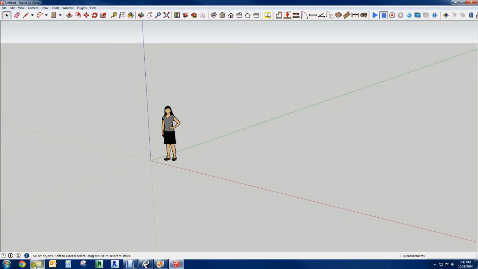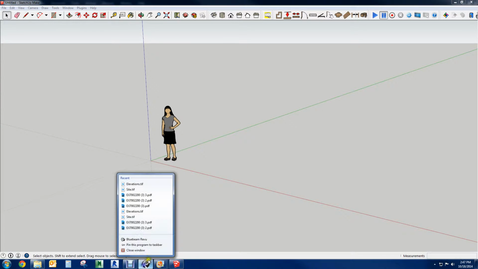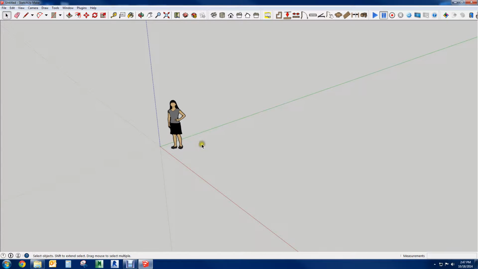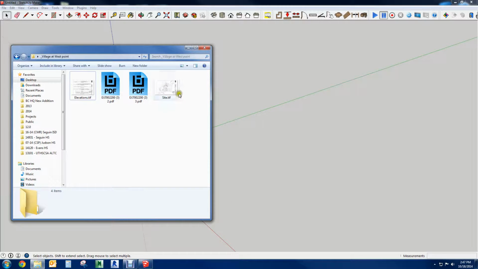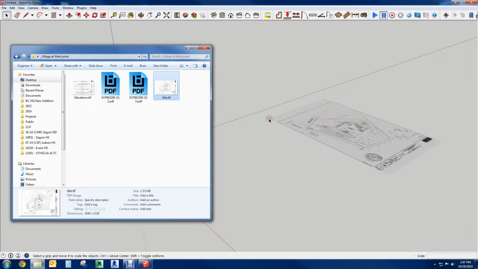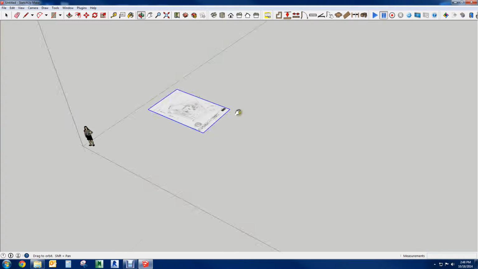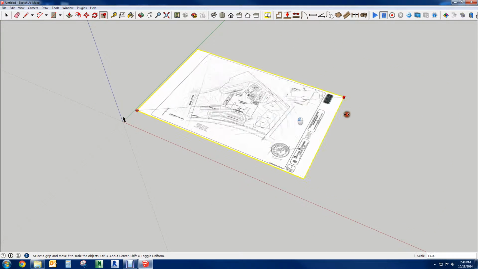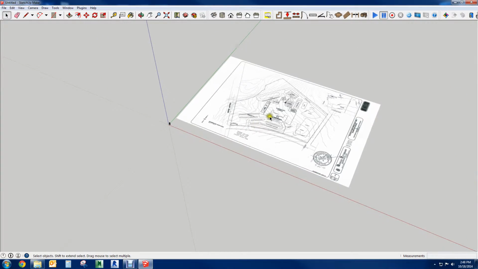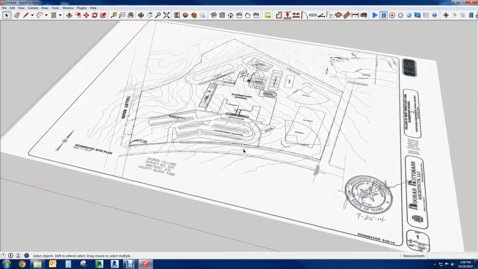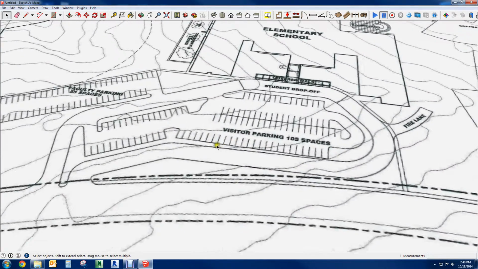So we have SketchUp and we have our files. So we don't need Bluebeam anymore. Let's close these guys too. And let's work right away with the files, with the pictures. I'm gonna bring on board these, just drag and drop. There. So this is too small, I'm gonna make it a little bit bigger. That's good enough. So once you are here, you might want to take a look into the parking spots here,